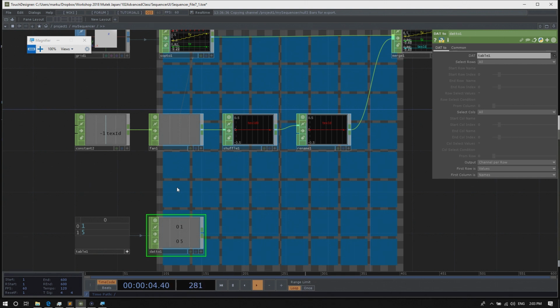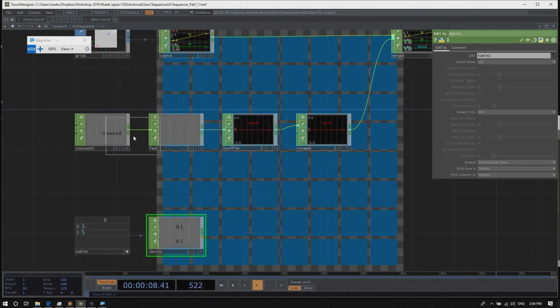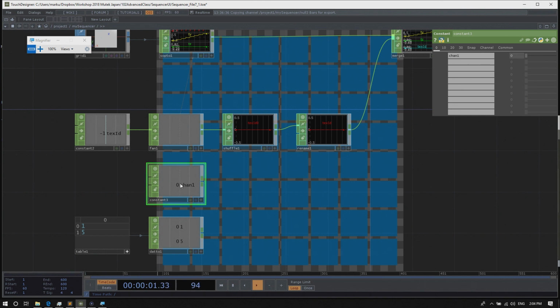Yeah, we want to make just like a lookup table. Almost, yeah. We'll create a constant chop, and then we'll replace the correct value in the correct channels. Are you going towards wanting a whole bunch of values on in this 8 by 8 grid of numbers? Have a table that's 8 by 8 and just fill it with zeros and 1? No, that's not how I planned it. It might make more sense if we just go through it. We'll add a constant chop, and in this constant chop, we'll create 64 channels.